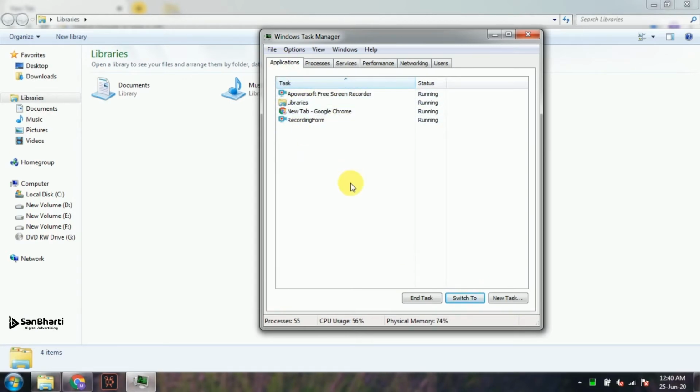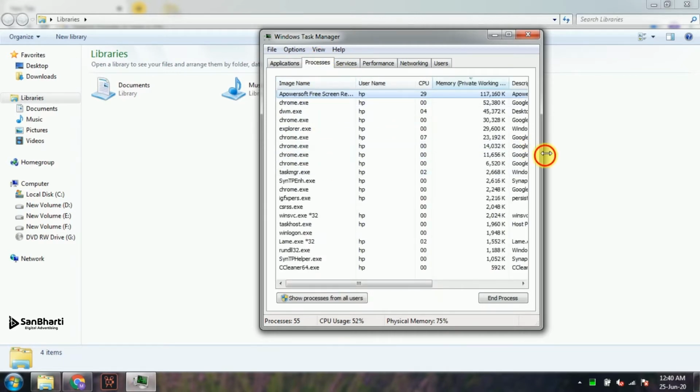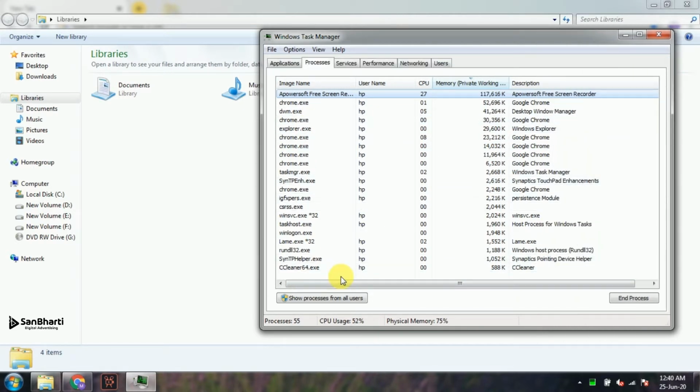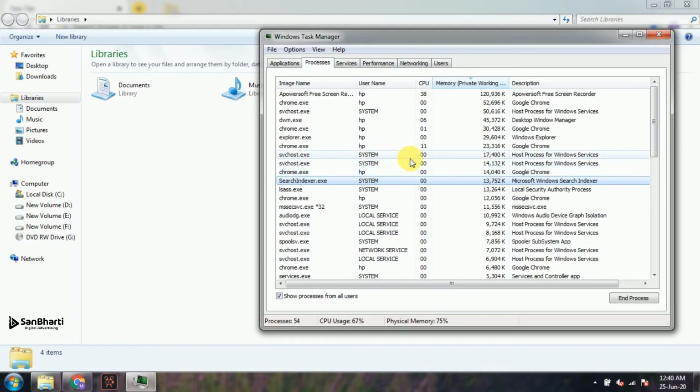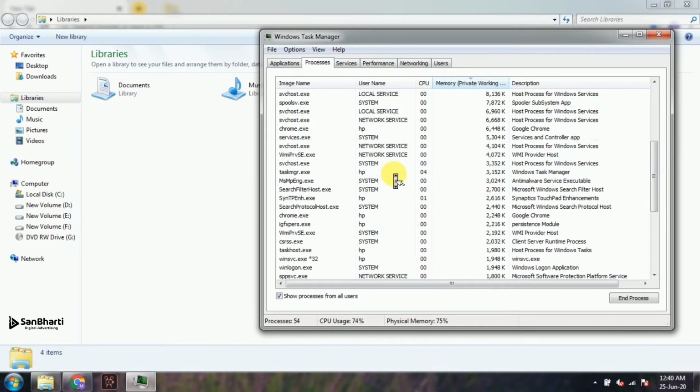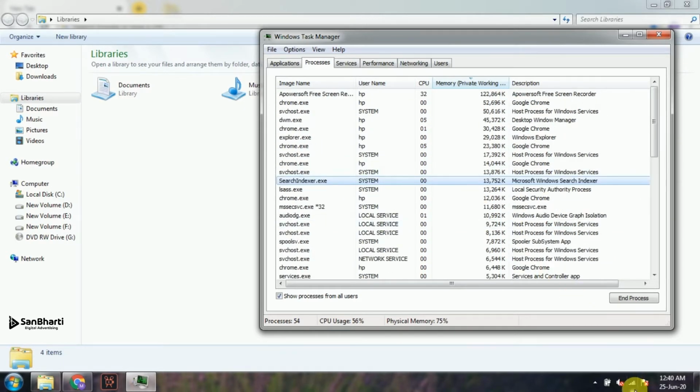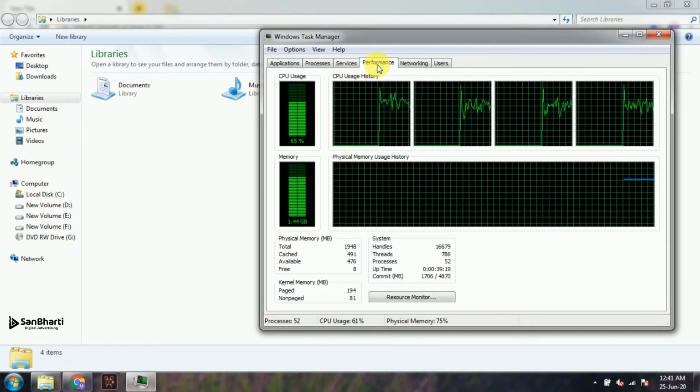Right, so as you can see, a few processes are already running. And this is actually the full list of processes. You have to click on show processes from all users, and this is the full list of all the ongoing processes in my computer system. As you can see, there are lots of various processes going on as of now. Out of all these, there are many processes which are using your internet data in the background. But the question is, how do you know which processes are using my internet data in the background? Obviously you should have technical knowledge about that, and you should know which process is for what purpose.